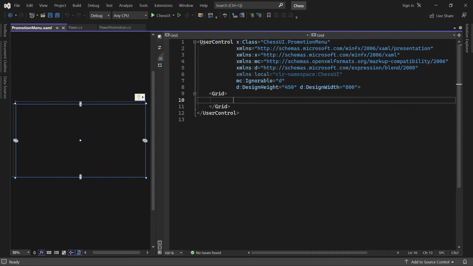This menu will show up on screen when a pawn is moved to a promotion square. The player can then choose which piece he wants to promote it to. The design of the menu will be very similar to the Game Over menu we made in an earlier part. It will consist of an outer border,